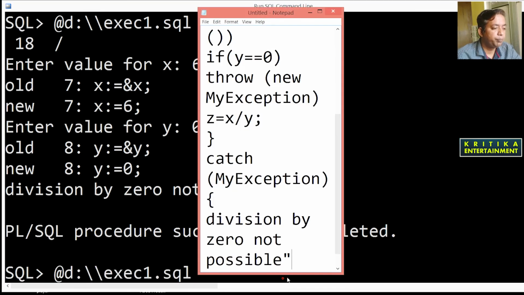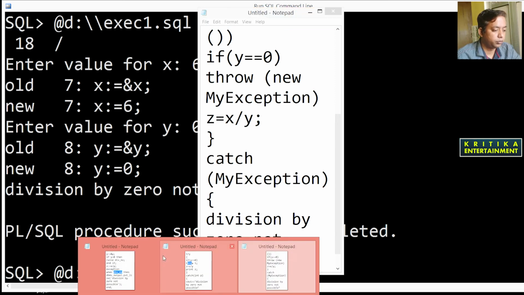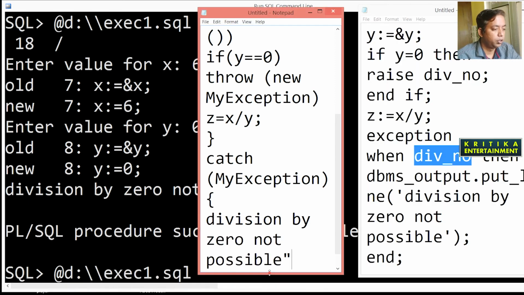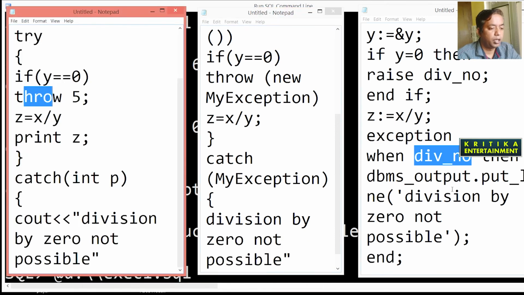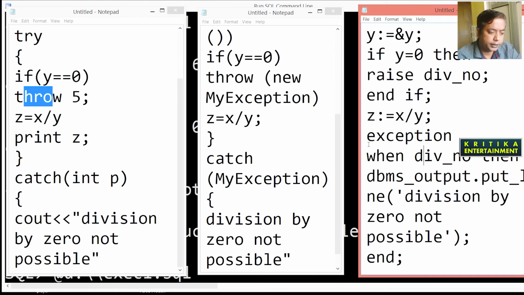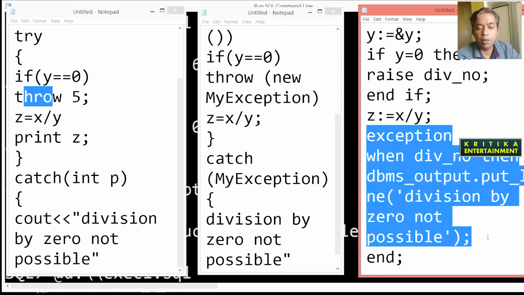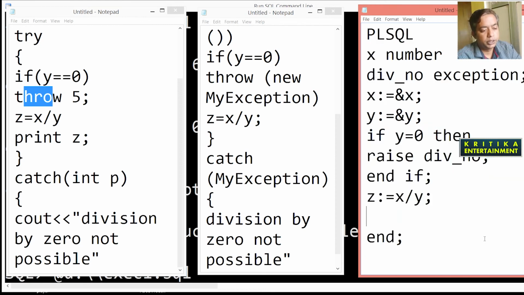Another thing I want to tell you, another technique. Suppose in PL/SQL, is there any technique without writing this exception block? I want to remove this exception block because I have no time to write it. Is there any technique so that the exception will be displayed without the exception block, and this exception should be displayed with my error number and my error message?